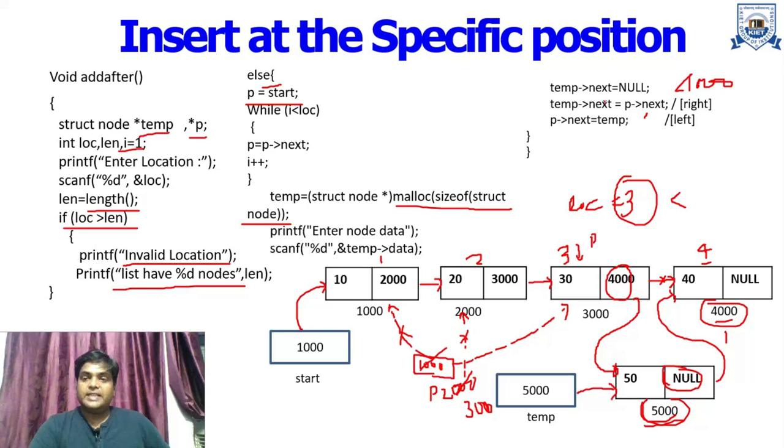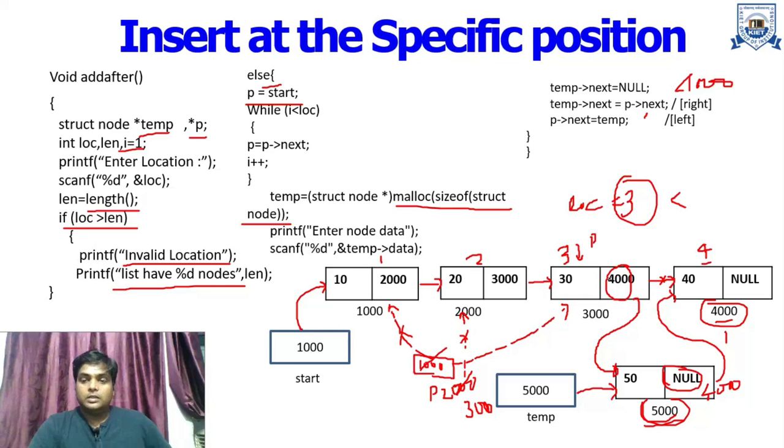So what value do we now have in temp to next? Now temp to next is equal to 4000. Okay, temp to next is equal to 4000. Now in the next case, what do we have to provide at this particular location? The address of this node. Where is the address of this node available? That is 10. So this particular value we have to replace with 10.